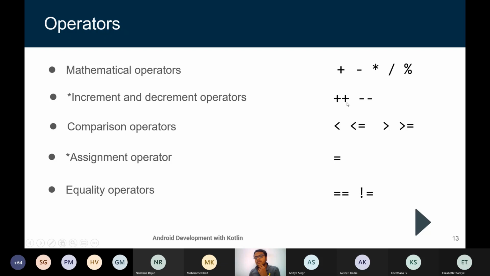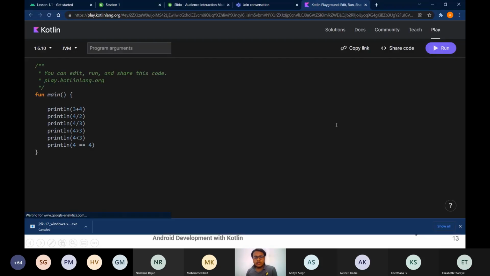Plus plus, minus minus. What it does is it allows you to increment a value by 1 or decrement a value by 1. And we have comparison operators. These are logical operators that let you compare two values, if it's less than or equal to, greater than or equal to. And we have assignment operators that let you assign values to variables, and we have equality operators. To demonstrate this further, I'll take you to Kotlin Playground. This is an online